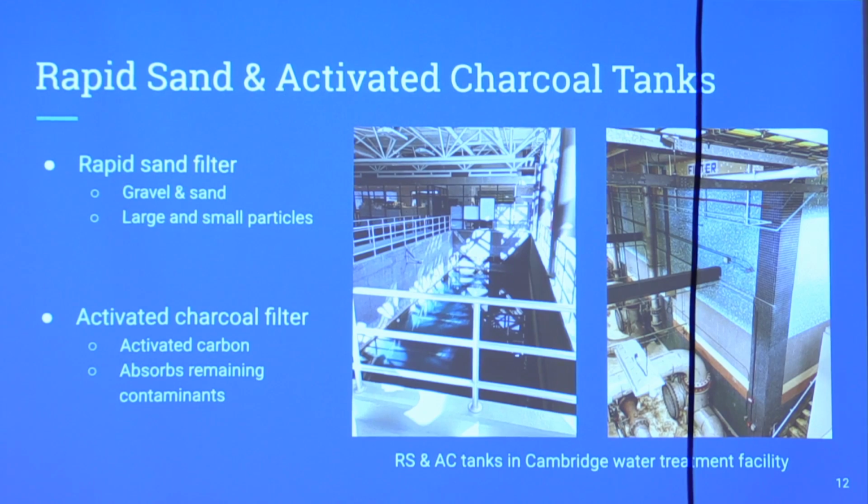After the electric coagulation tanks are the rapid sand and activated charcoal tanks. These pictures are directly from Cambridge. And so the rapid sand filter is basically just gravel and sand. Water is added to the tank, it sits on top of it, and it slowly seeps through. The large particles are obstructed by the gravel and sand particles, so they just can't fit through. And small particles experience some van der Waals forces, so they adhere to the gravel and sand,